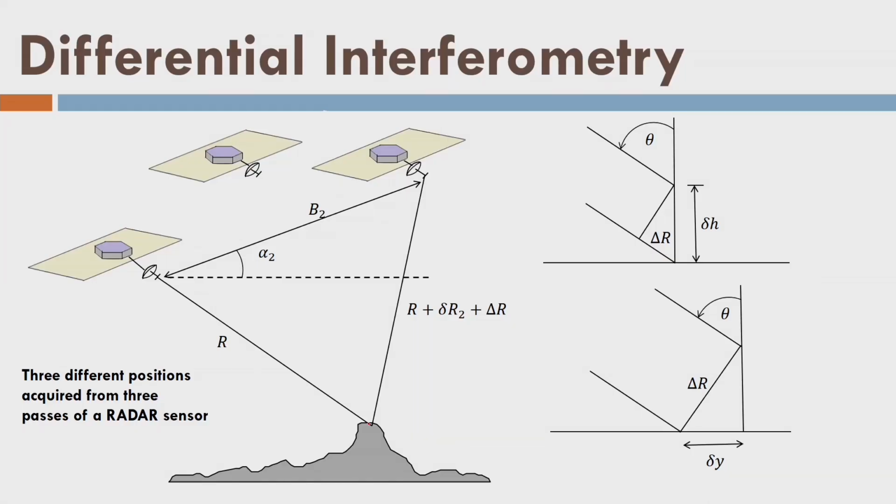Moreover, once we observe that point from sensor locations 1 and 2, there was no change. In the time duration between sensor location 2 and sensor location 3, that point has changed its position. So this duration between the second observation and the third observation could be of any magnitude. It could be 1 month, 1 week, or 1 year; it depends on the phenomenon. In the case of a landslide, it could be a very small duration, or in the case of glacier melting, it could be 1 year also. What do we do basically? We create one baseline between sensors 1 and 2 and another baseline between sensors 1 and 3, because we know that changes happened after the observation from sensor 2.